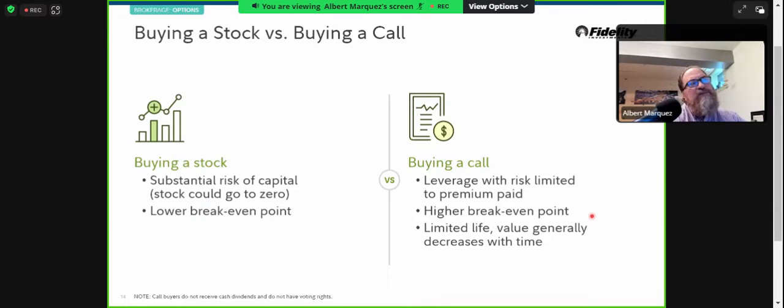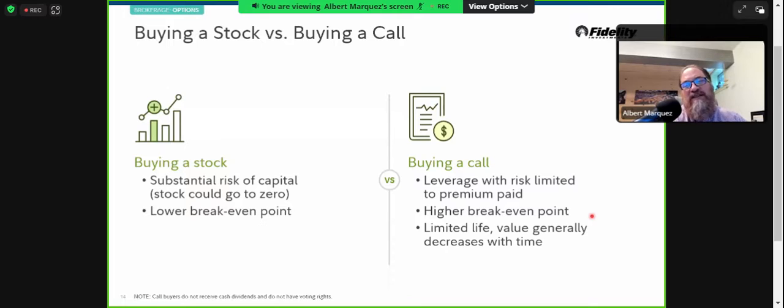Again, when we're buying a stock, it's pretty straightforward, right? It's up or down. We're hoping that if we buy a stock, it goes up. But with an option, we have to consider not just the price of the underlying, we have to think about that time to expiration and how that's going to factor into the value of that option. In addition, we also have to think about volatility levels, which is outside the scope of today's conversation, but it is a factor in option pricing that we have to consider.